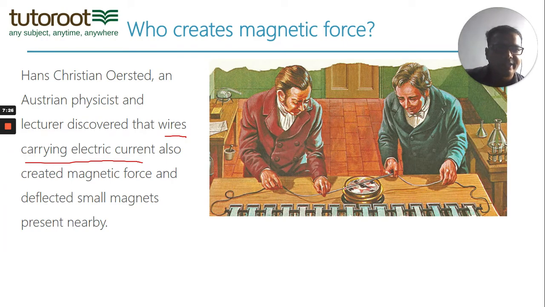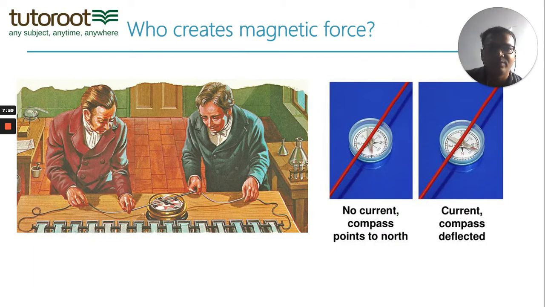Here you can see very clearly in this picture a wire that they're holding in their hands, which is connected to a battery, to a positive terminal and a negative terminal, with current flowing through it. What they're trying to show here is that when you hold the wire just above a compass, the compass starts deflecting. We know that if a compass needle deflects, it is only under the action of a magnetic force. So who is giving the magnetic force in this case? Obviously, because the electric wire is causing this, the electric wire must be creating some kind of magnetic force. Let's look into exactly what it is.